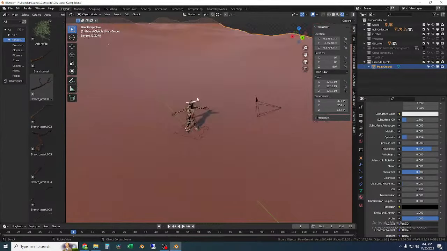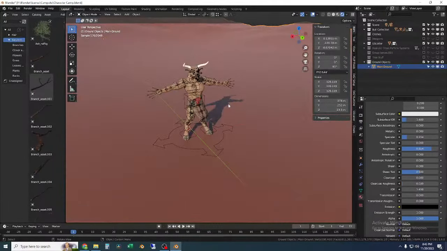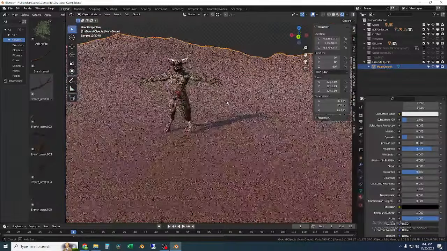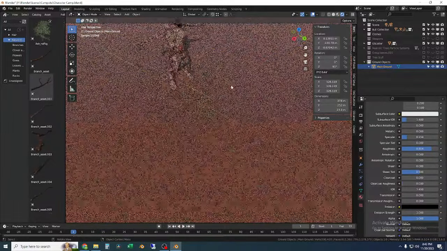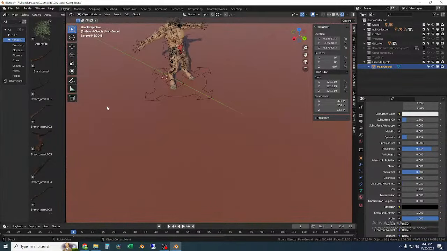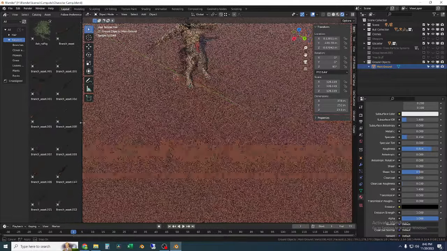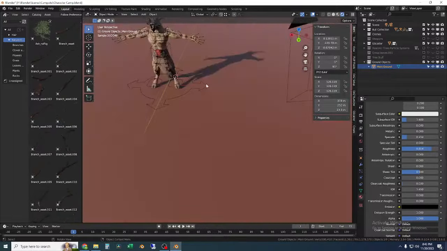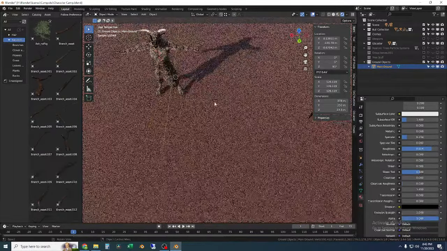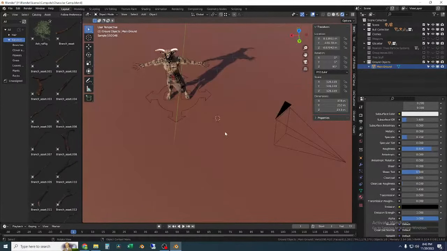So I think first things first, let's plan out our scene just a little bit. So I'm just going to start bringing in some of these branches, and it'll kind of help represent the campfire. And I don't know what they look like, so I'm just going to have to bring some in and see what they are. So these are instanced,